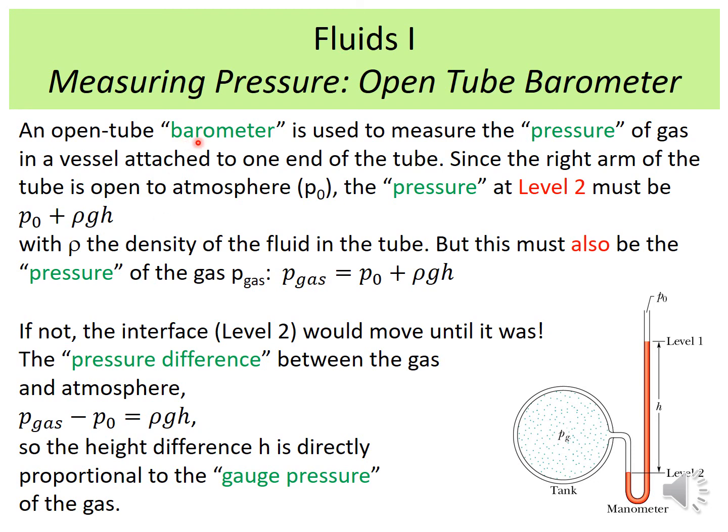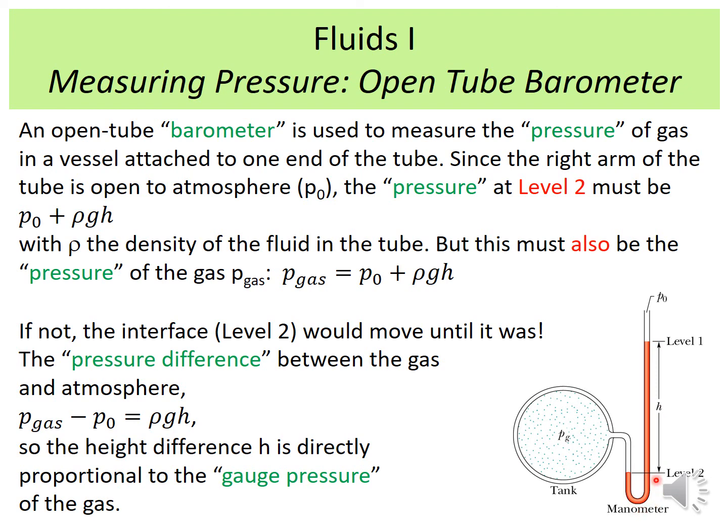So another way to measure pressures is the open tube barometer, and this open tube barometer is going to measure gauge pressures. What you've got is a tank with gas, connected to a U-tube, which is open. So here you have the atmospheric pressure pressing down. And then you have a level where the gas is pressing down onto this liquid